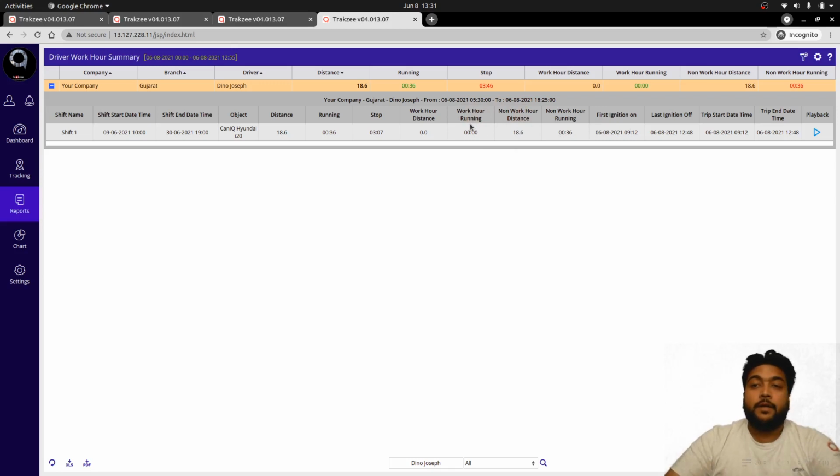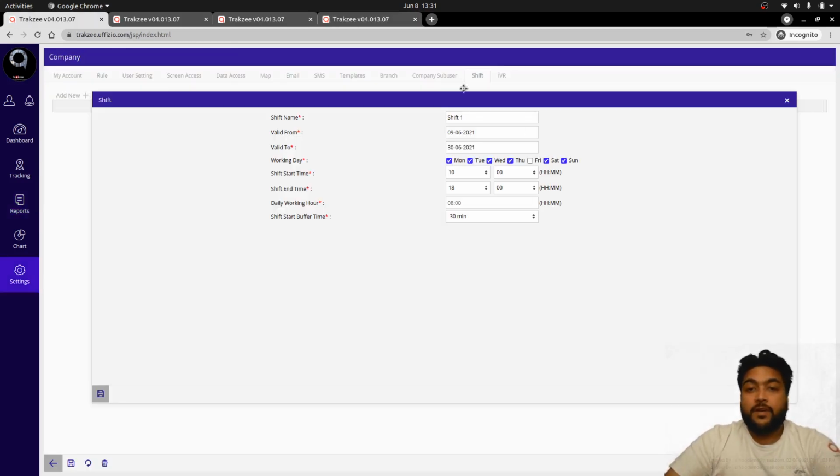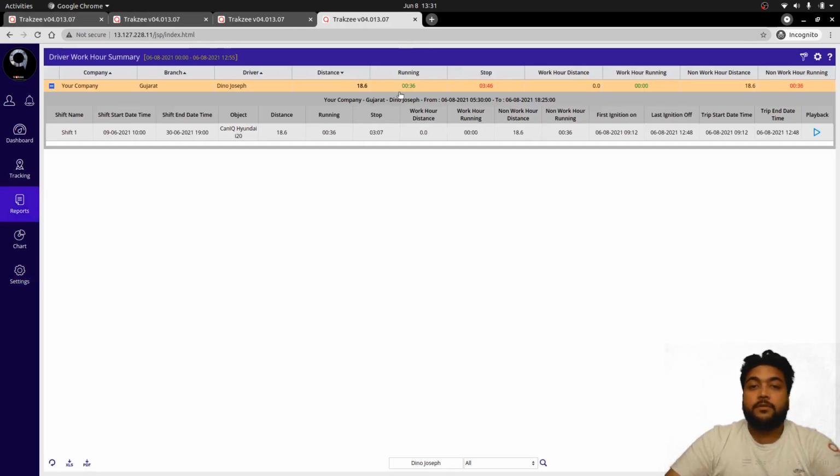Based on that, you can get information like how many non-working hours were driven by this driver. Accordingly, you can get the analytics of the driver work hour information. So this is how the shift can be created in the software, and likewise, the driver's working hours can be calculated as well. Thank you.